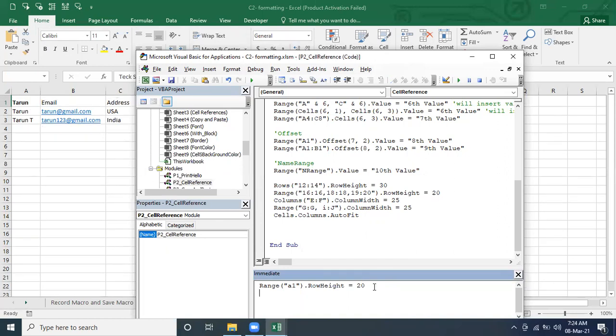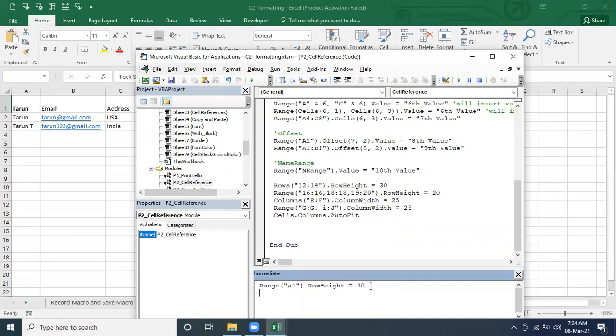Let's pass it here. Let's see if it's going to increase or not. Yes, exactly, it's going to increase. Let's say 30, so it's going to increase by 30. So with respect to range, we can do many things. Even row height, we can clear the value. What all properties are there? Slowly we are going to understand about this. If you want to clear those values, you can clear.